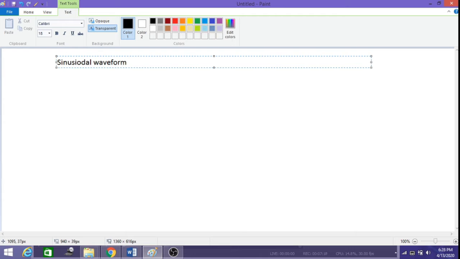The sinusoidal waveform is the input to this differentiator circuit with a voltage of peak value of 10 millivolts and a frequency of 1.8 kilohertz. So we have to find the output, and given that Rf, the feedback resistor, is 100 kilo ohm,